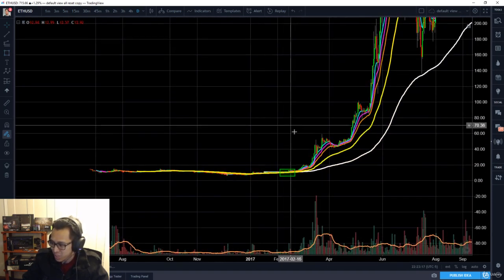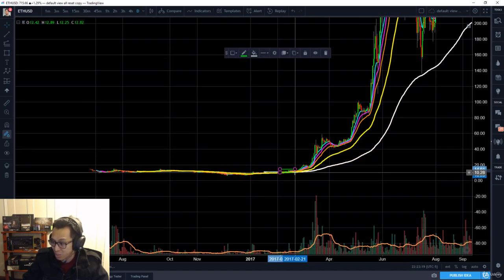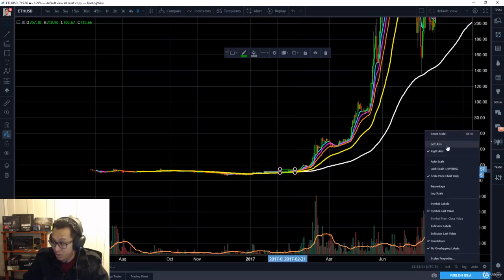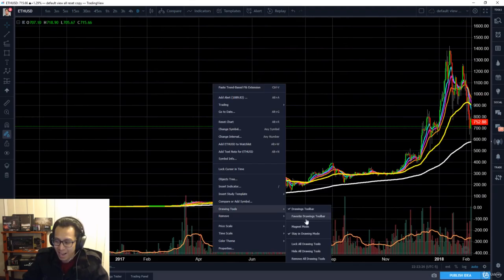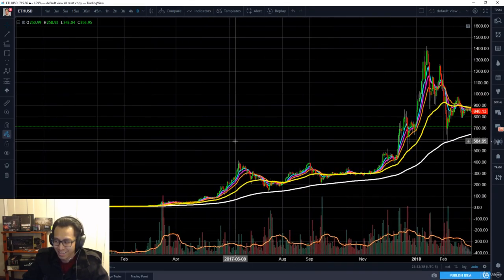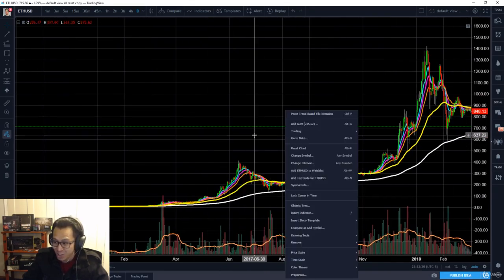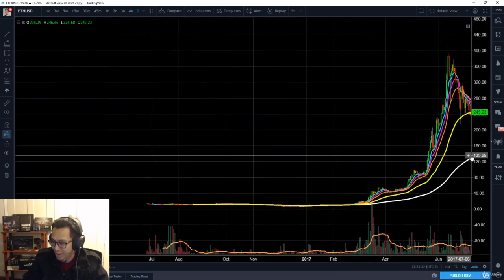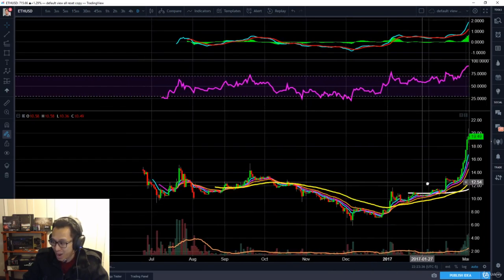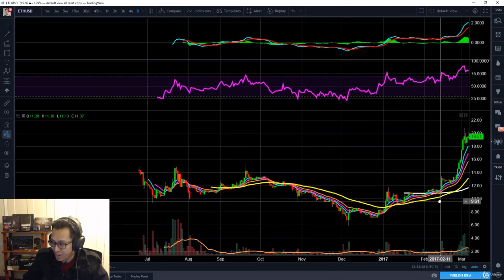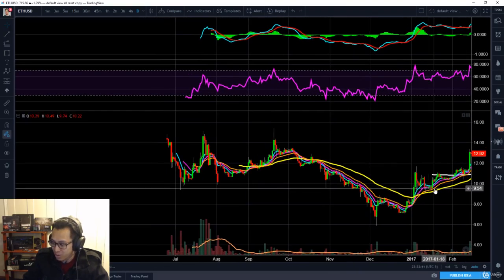You guys see my price right here? It was like $10 about. Literally, it was $10. That's where I bought my Ethereum. And all that I want to do is teach you guys how to ride it. Honestly, guys, I just want to teach you guys how to ride this bad boy, okay? And I've known about this moving average strategy for a very long time. So I bought it literally right around the breakout, guys, right around the breakout around here, January, February,